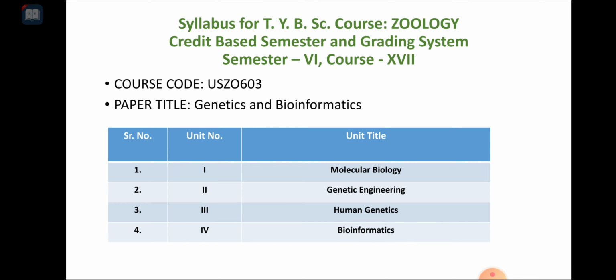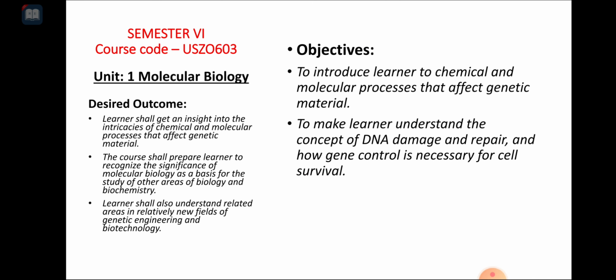So, the title for your paper is Genetics and Bioinformatics. Your paper 3 comprises 4 units. First unit is molecular biology, second is genetic engineering, third one is human genetics, and fourth is bioinformatics. In the first unit, molecular biology, you're going to study